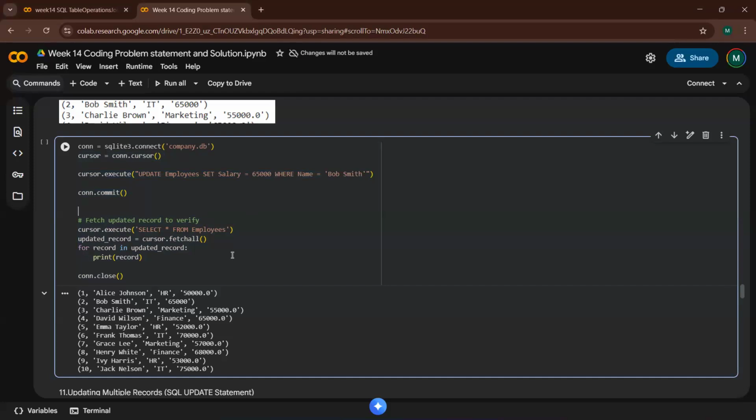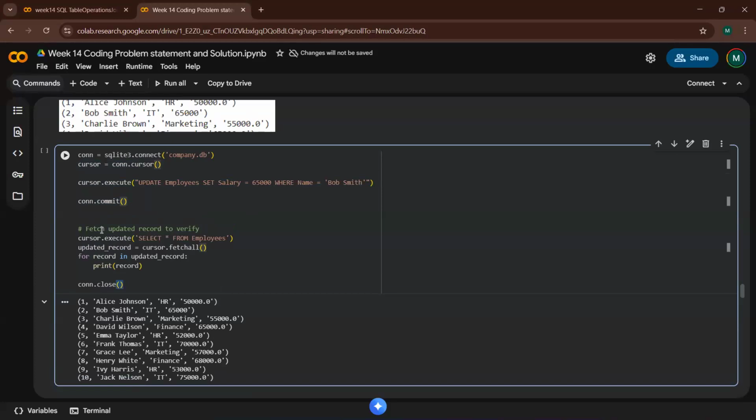Like record equal, we are putting that as cursor dot record, right? Like updated dot record, but we didn't give anywhere as a record, right? That's what I'm asking.